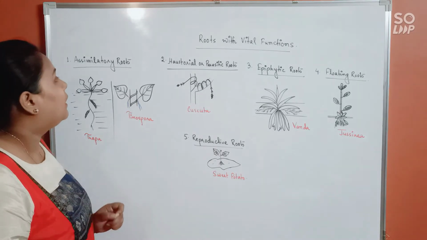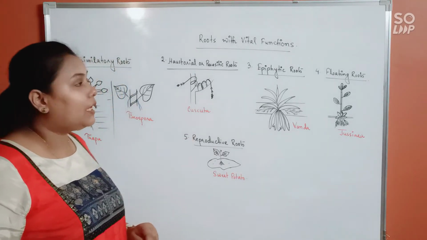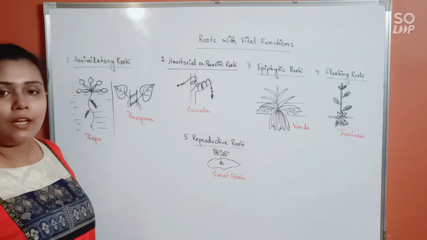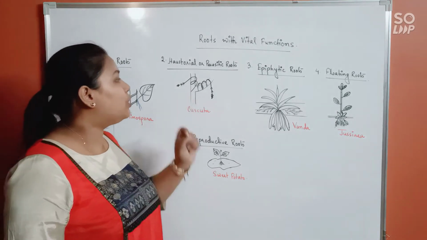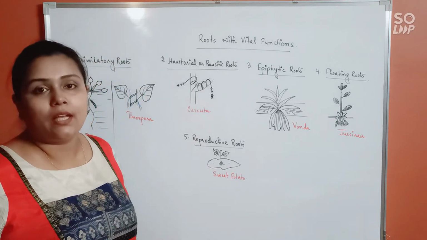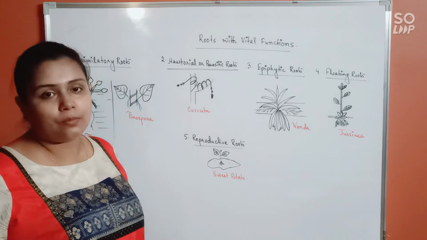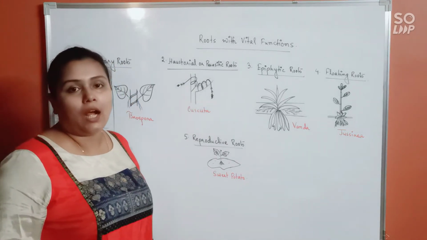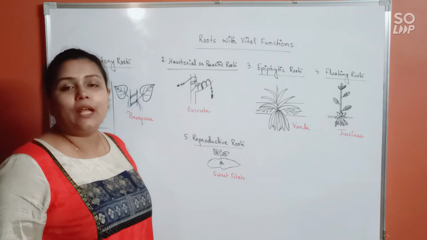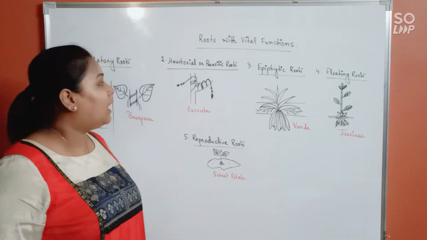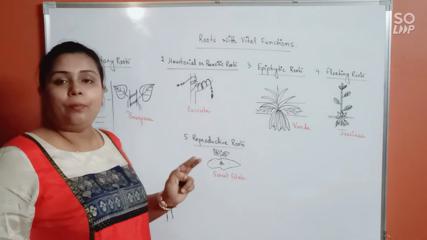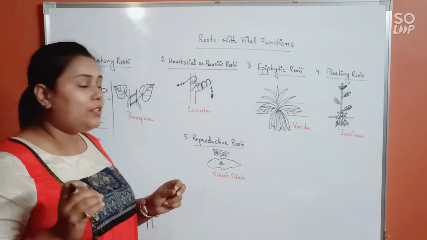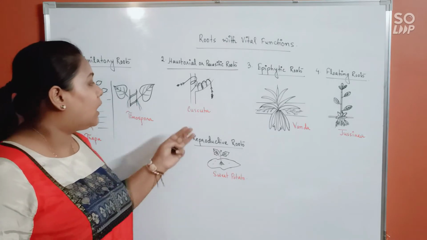Okay. Now, moving to the next type, which is haustorial or parasitic roots. The name itself suggests that they are going to be acting as a parasite on a host plant. The most common example for this is Cuscuta, which is locally known as Akash Bale. Now, haustorial or parasitic roots, in case of Cuscuta if we talk about,